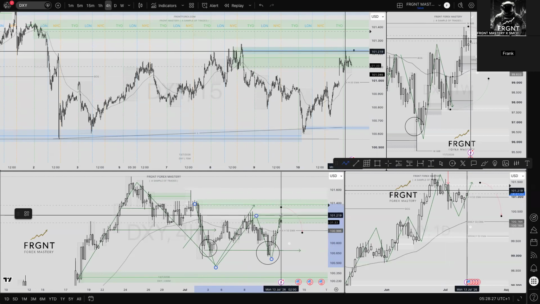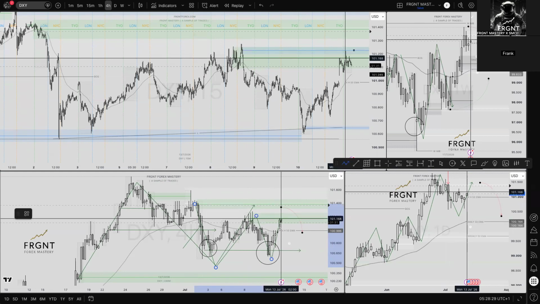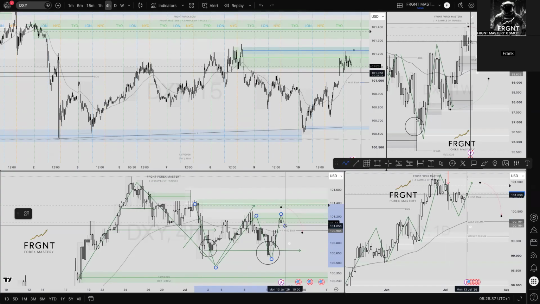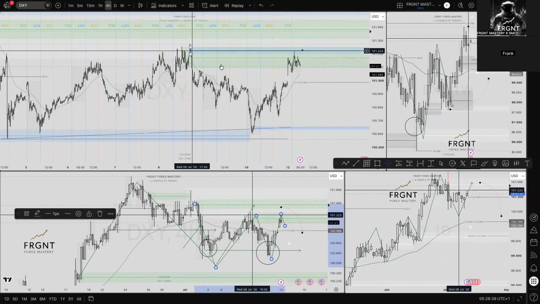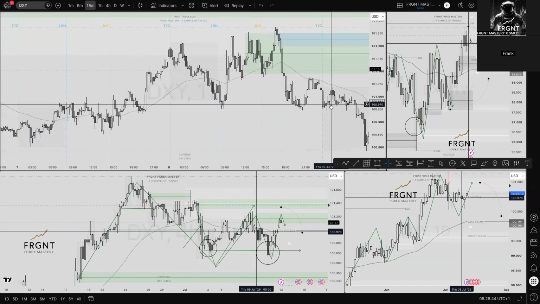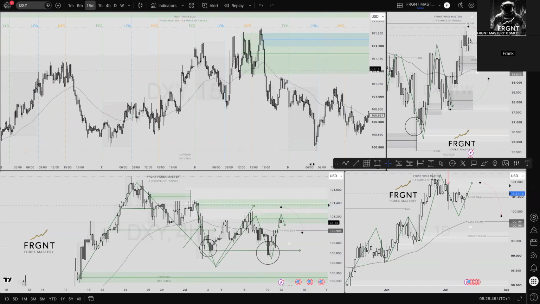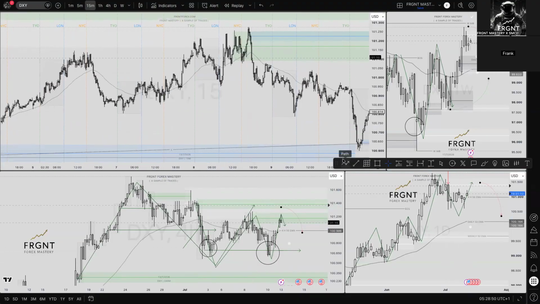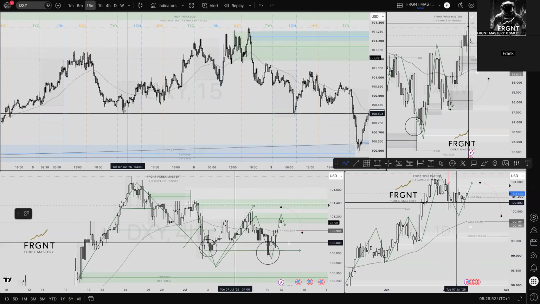So the first thing I was looking to do straight out of the bat is refine this order block down, because the 4-hour order block is far too large for me to seek to trade from. Therefore, once we refine that down, here we are, 15 minutes. And if I enlarge this for us nicely so we can have a look and move it to the left-hand side, we can now understand price action and structure even clearer on the 15-minute, just so we're aligning with everything. So again, one line would do it.